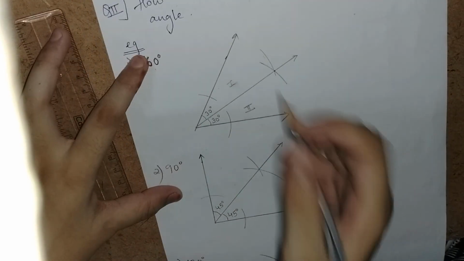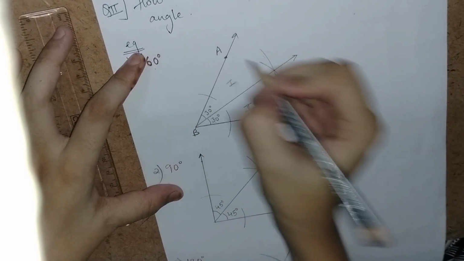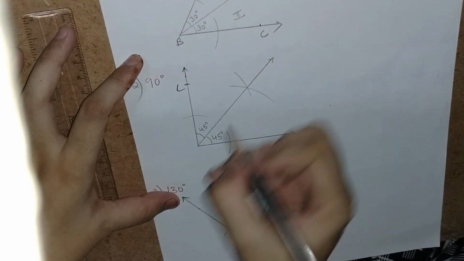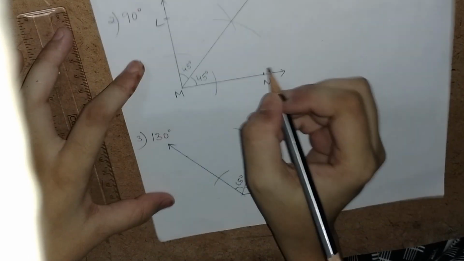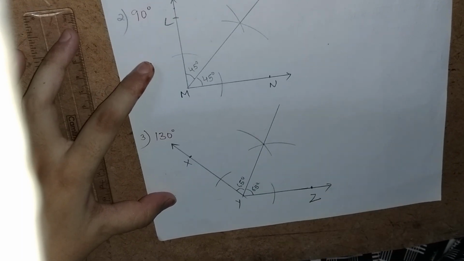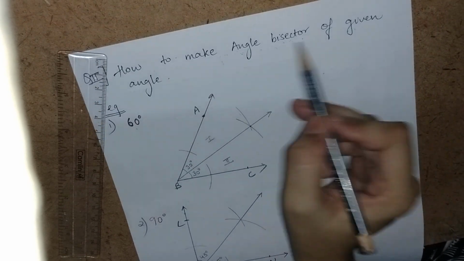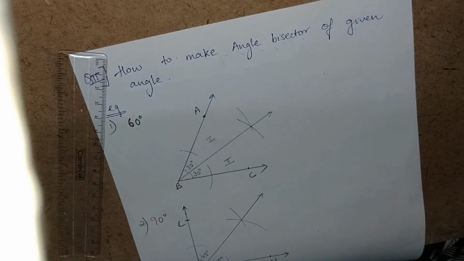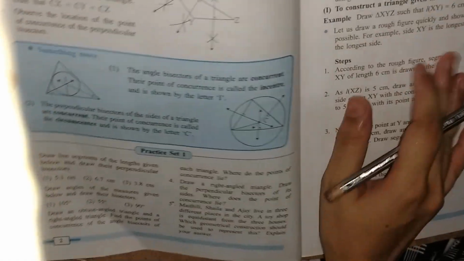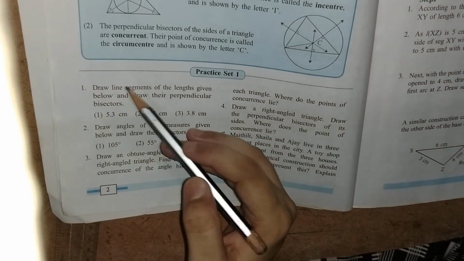Got it? We can name these, for example, A, B, C, or L, M, N, or X, Y, Z. Got it? That is how to make the angle bisector of the given angle. So in your textbook, in the very first exercise, what we have to do is draw a line